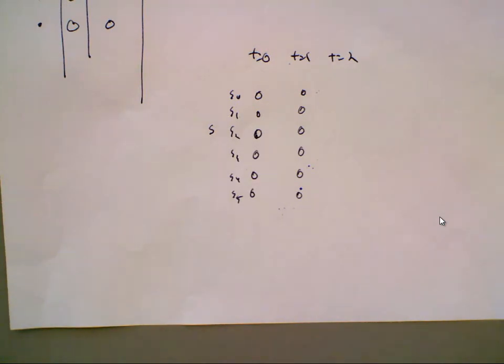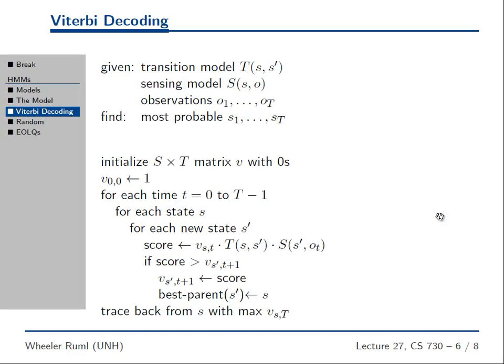So if you look in the Viterbi algorithm, for every new state, we're going to try and find what's the most probable way we got there. I like to think of it actually looking backwards. The algorithm thinks of it as looking forwards. So for every s, we look at the s prime, but you can maybe think of reversing these. For every s prime, we're going to compare all possible previous states